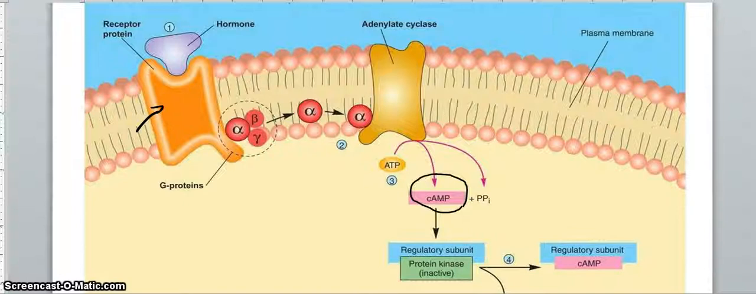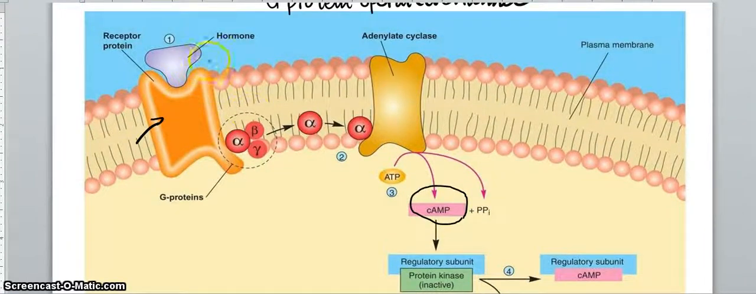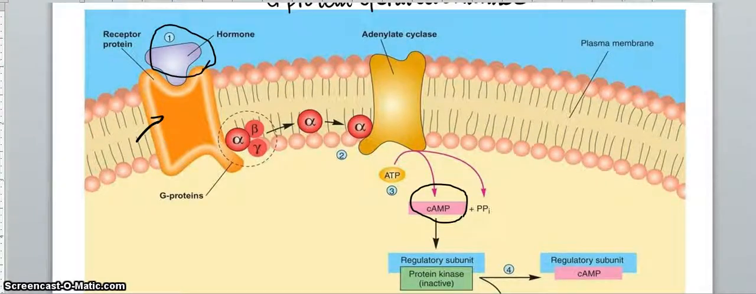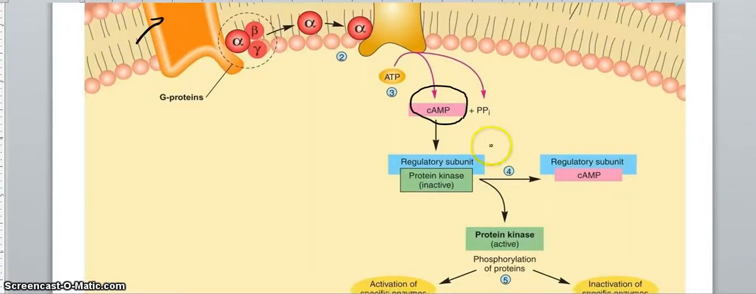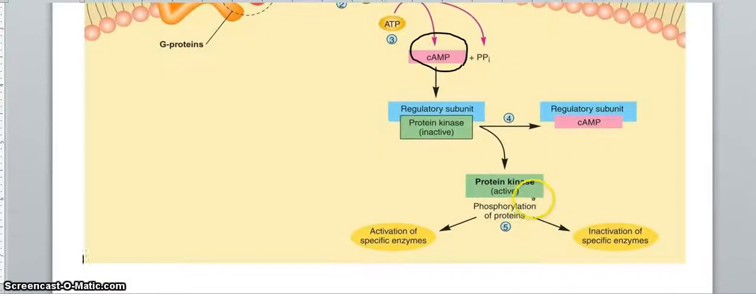messenger because we consider the hormone as the first messenger, but the first messenger doesn't go inside of the cell and start bringing about the response. It is the second messenger's job to start bringing about the response, and it does that by activating protein kinase. Now, cyclic AMP, when it activates protein kinase, the active protein kinase will phosphorylate other proteins